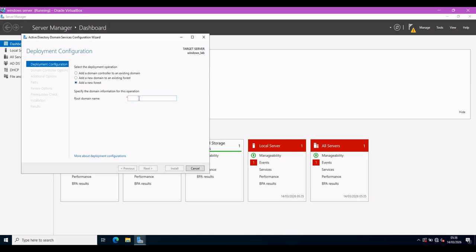It can be anything generally, but let's use something simple and related to the video. I'm going to name it ourlab.learn. You can name it anything, test.com or whatever. So next,